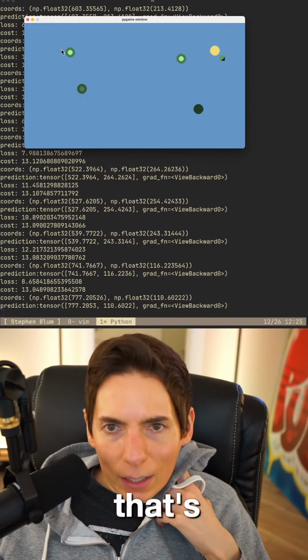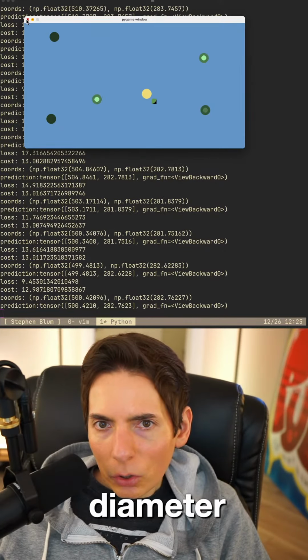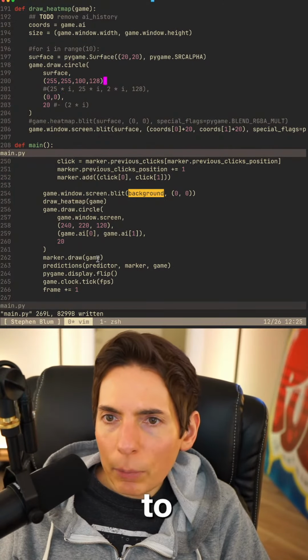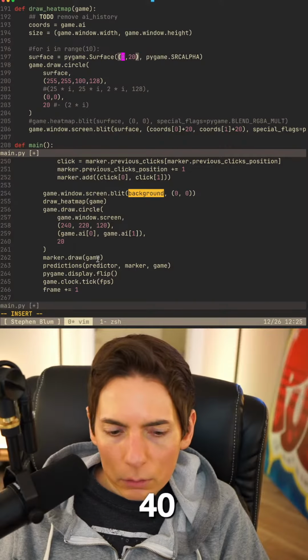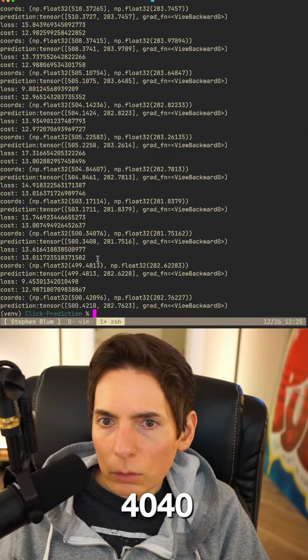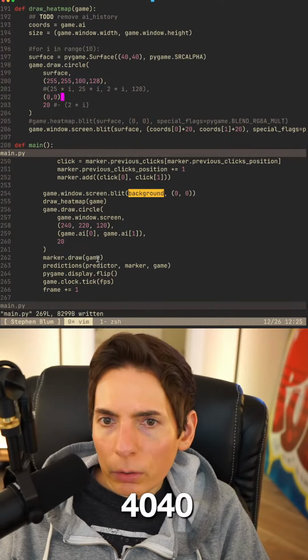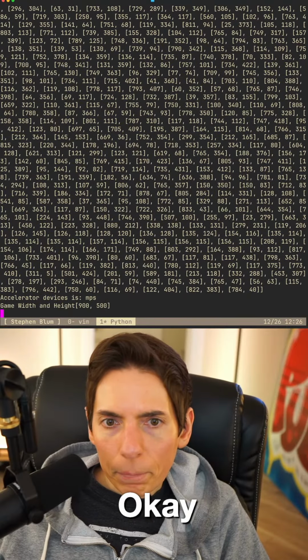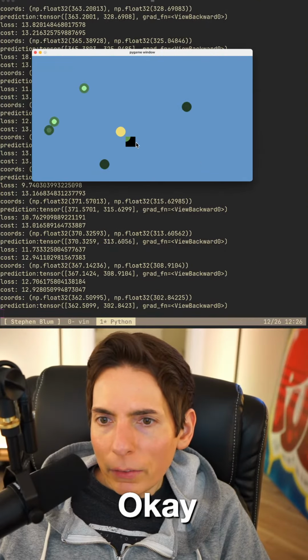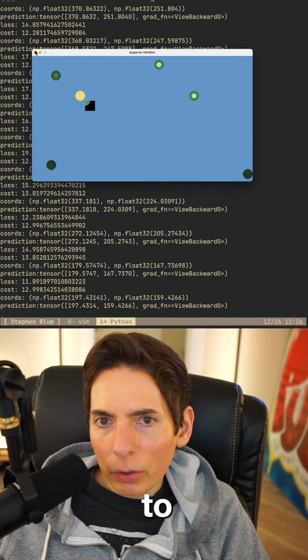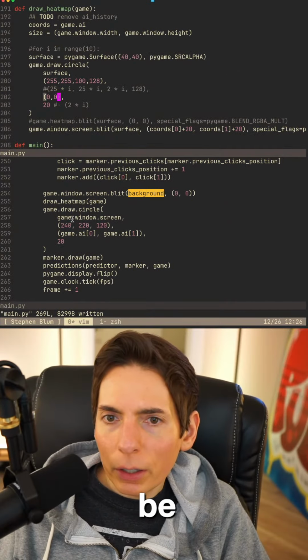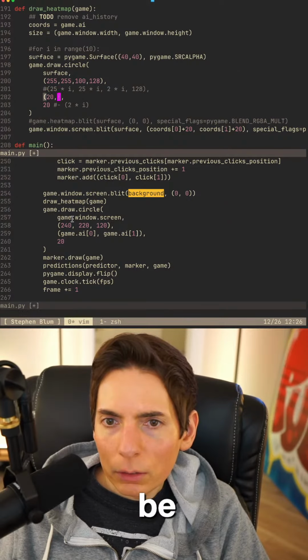Also, that's the radius and not the diameter. So we need to update this to 40, 40, 0, 0. Okay. And then the circle needs not to be 0, it needs to be 20. Okay, so this will be 20. Like that.